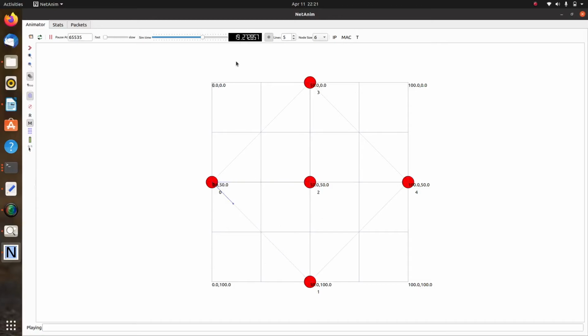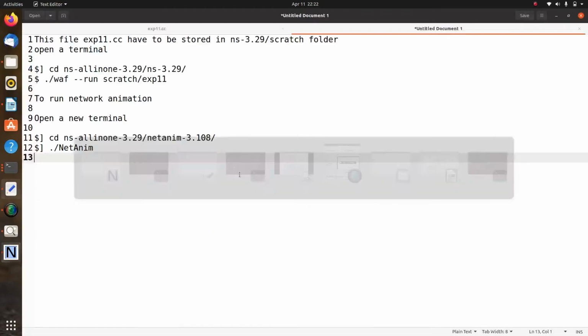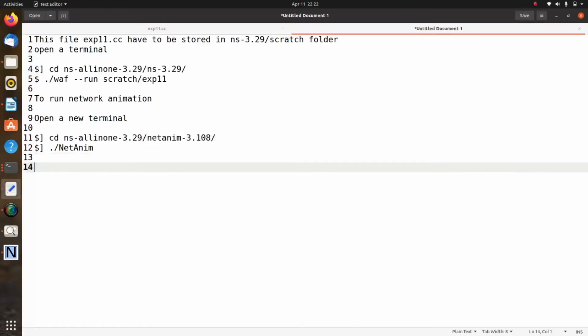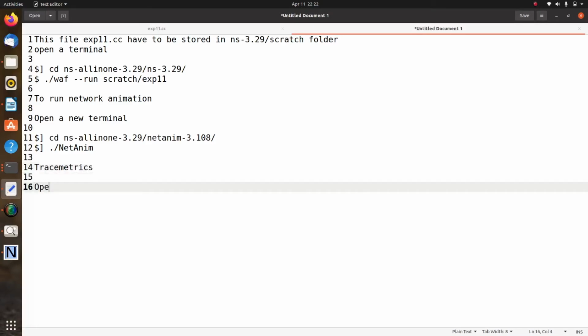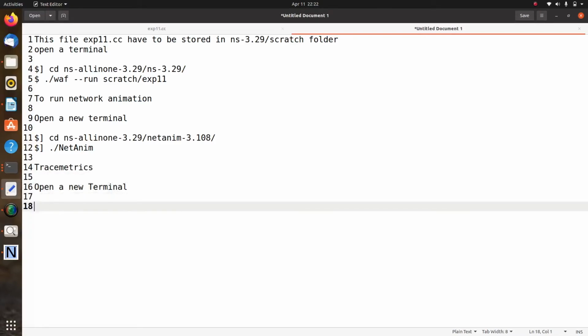Up to 30 seconds we are on the simulation, so that's why the simulation will run up to 30 seconds. Now this is the source code, and if you want to find the throughput and other stuff, we can use a software called TraceMetrics. Again, we'll open a new terminal to use TraceMetrics. Open a new terminal. I already installed this TraceMetrics in